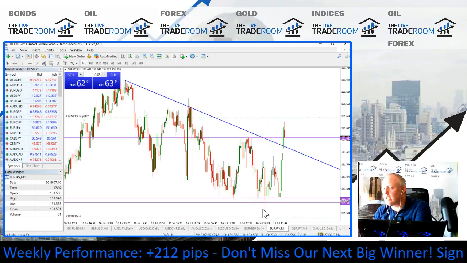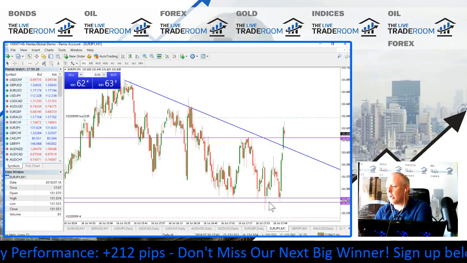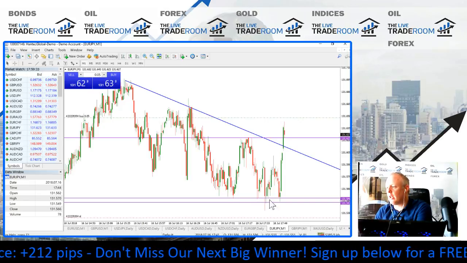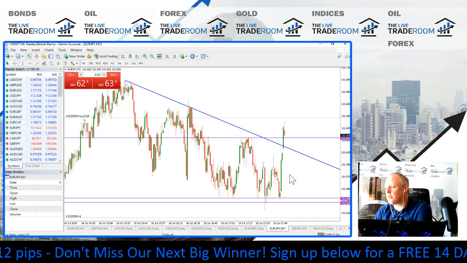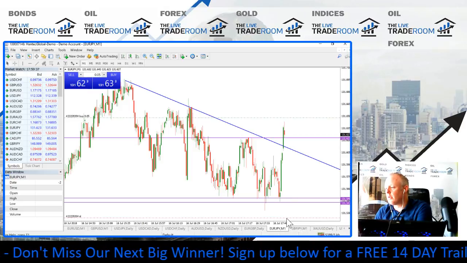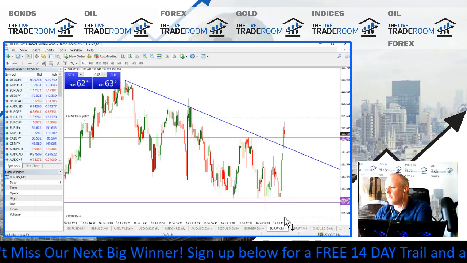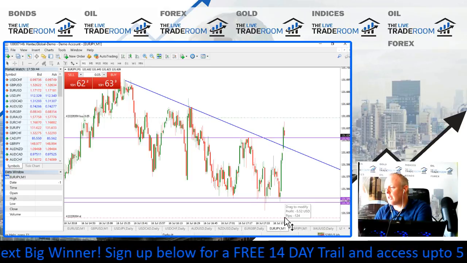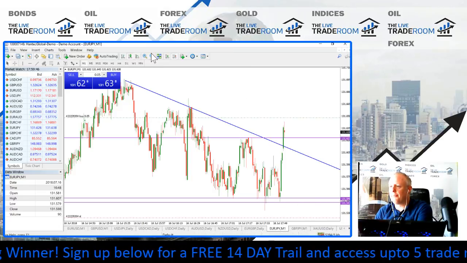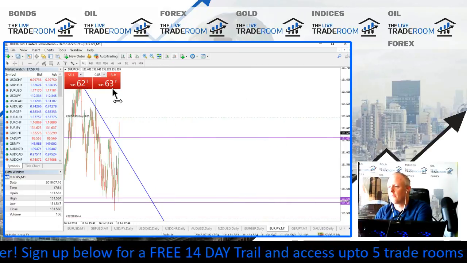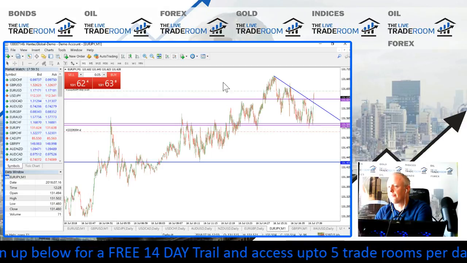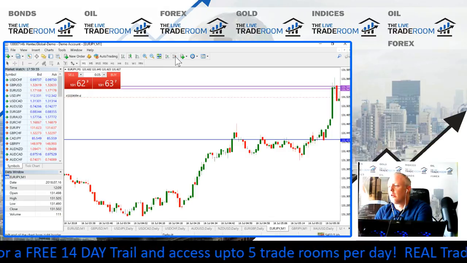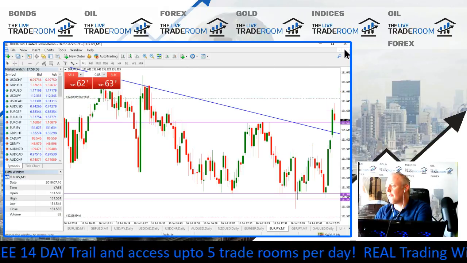So just beneath this low in here, we've got a 1 pip stop loss, so we don't want to be so tight there. We do want it to be just beneath the low. So we are talking about a 12 pip stop loss in this market. So we'll keep this trade open just to see if we get